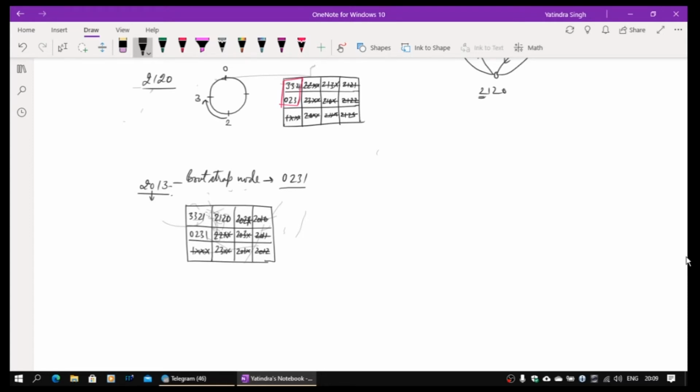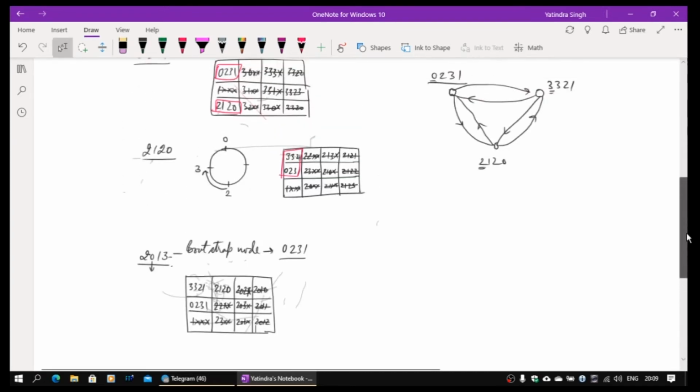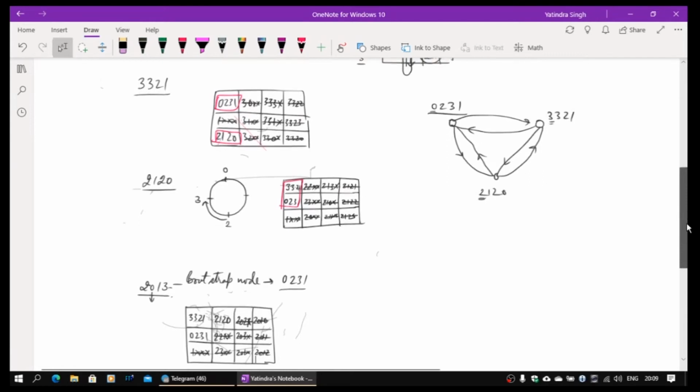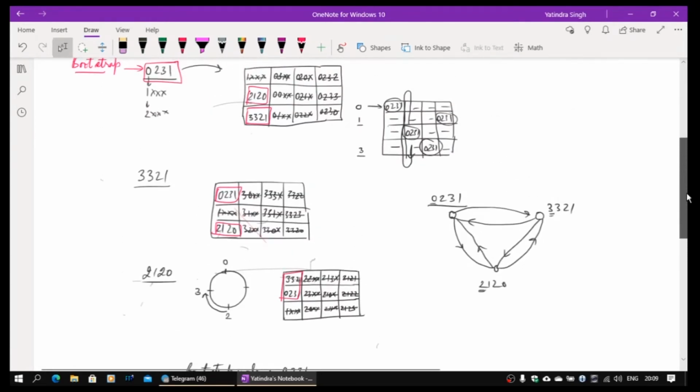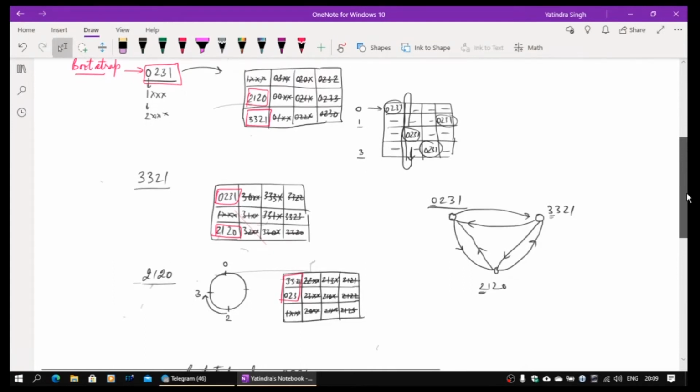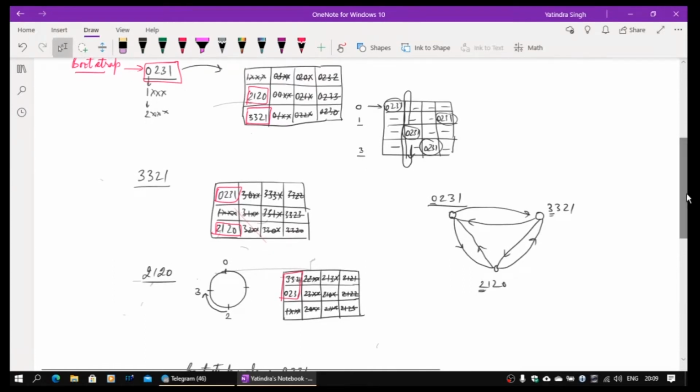Okay, and now while now 2120, because in the routing table the way 2013 has been informed is first it went to 0231, then from there it went to 2120. Okay, so these two guys will be now updating their entries. So 0231 need not, actually there is only 2120 could have been replaced.